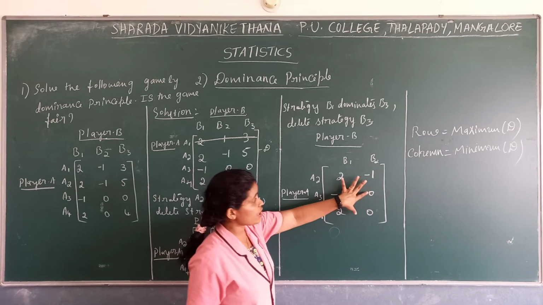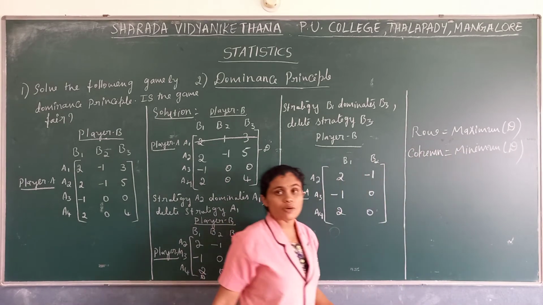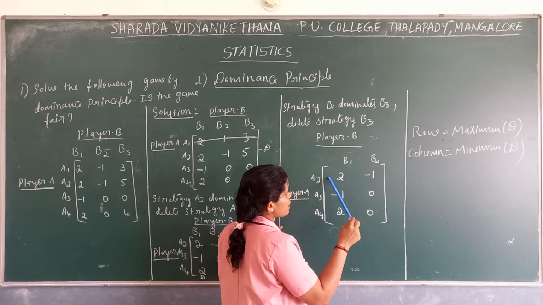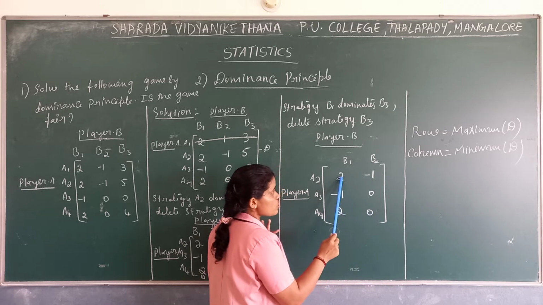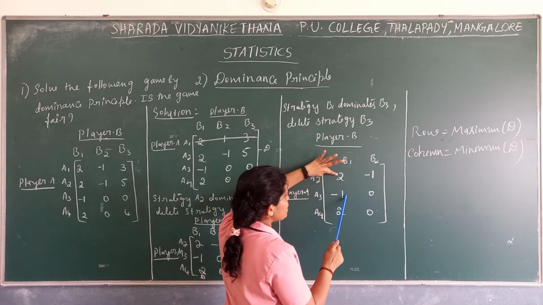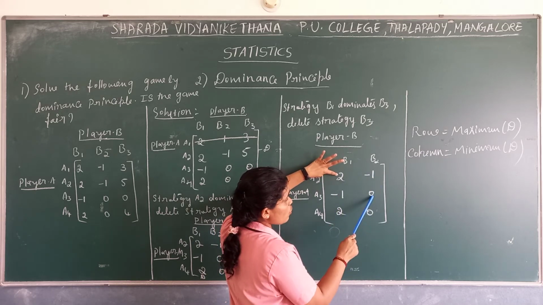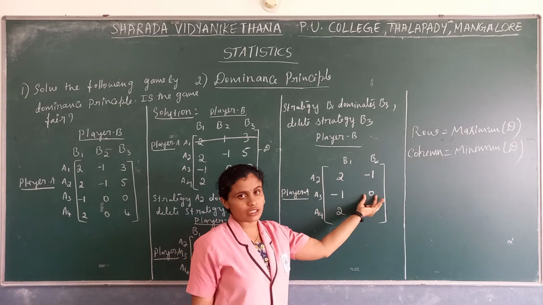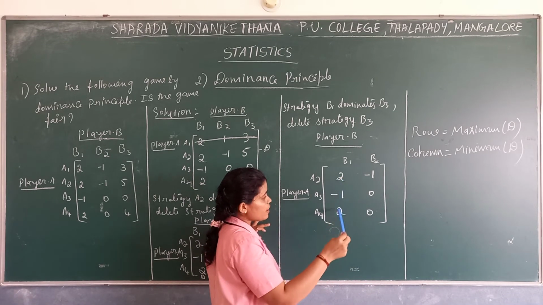What we have to do, see, which is the dominating row? Maximum row is the dominating row. Now compare A2 with A3, which is greater. 1, 2 is the greater one. Here when it compares, this is the greater value, and with this comparison we get this as the greater one. So here comparison is not possible. We get one value greater in A2 and another value greater in A3. So we'll move the comparison to A2 and A4.